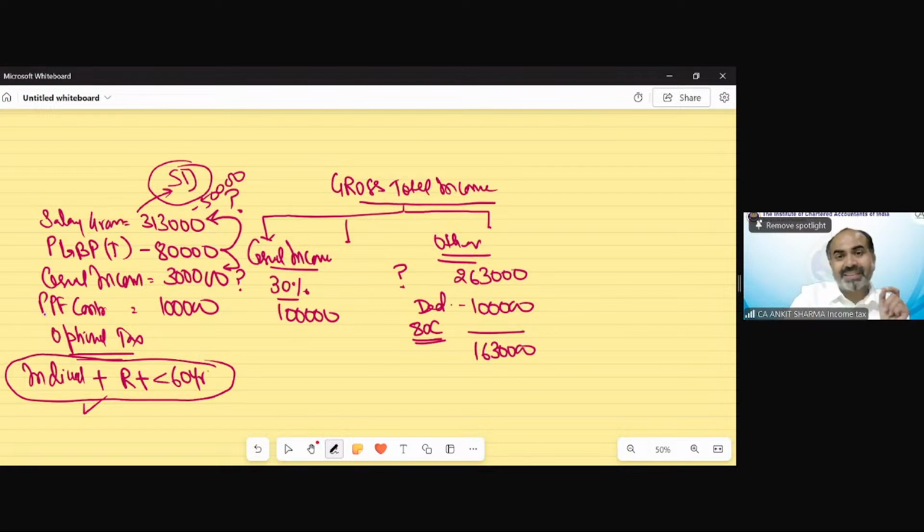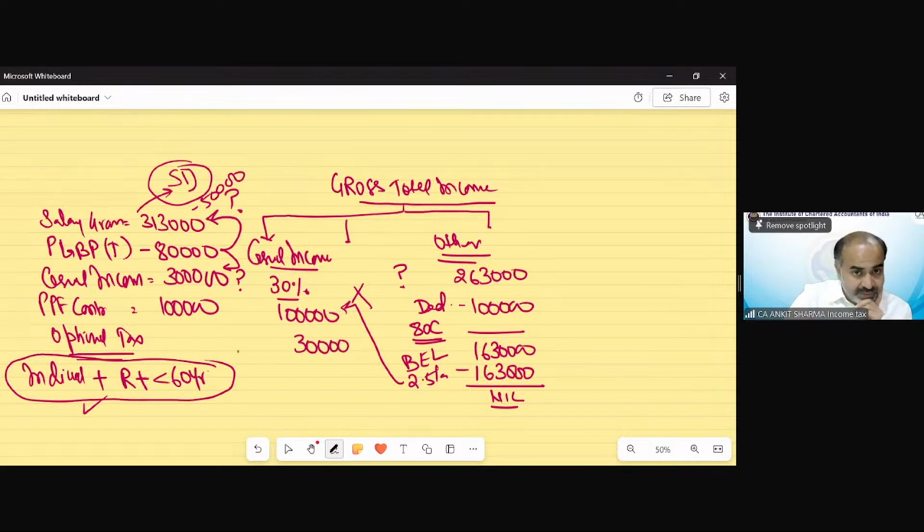Now we have a basic exemption limit of 2,50,000. Out of that basic exemption limit, 1,63,000 would be exhausted over here, so that income would be nil. We have balance left in our basic exemption limit, almost 87,000. But the basic exemption limit balance cannot be used against casual income. So casual income is going to be taxable at the full rate of percentage. That would be 30,000